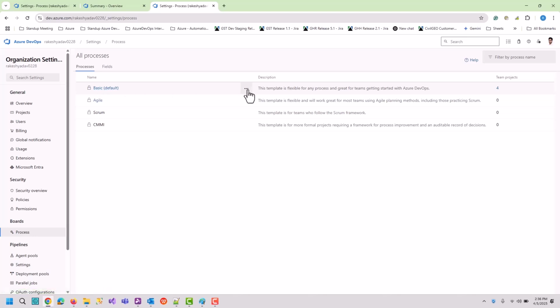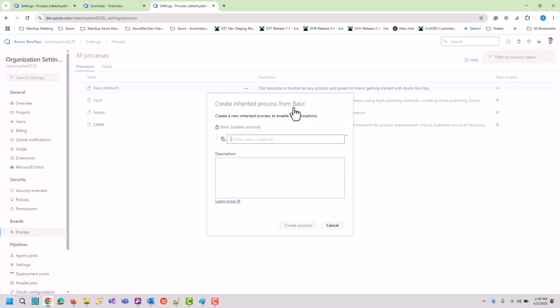Let's click on these three dot buttons, and here you can see create inherited process. You can also assign a new project here. But in our case, we need to create a new inherited process. We are inheriting this process from basic, so when we create a new process, it will by default take all the settings from the basic one.